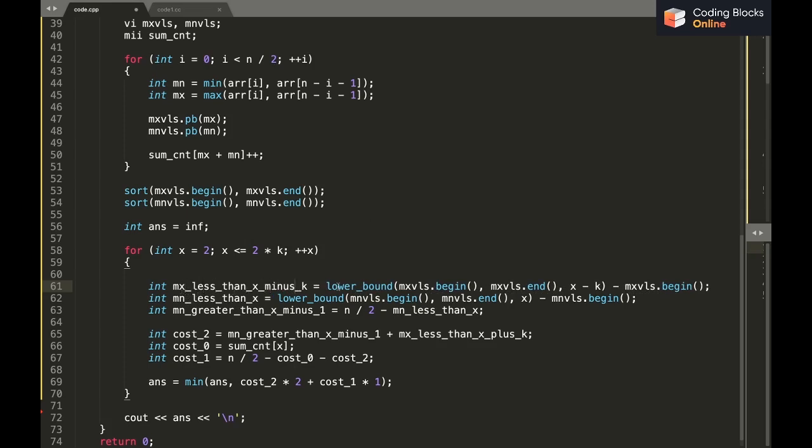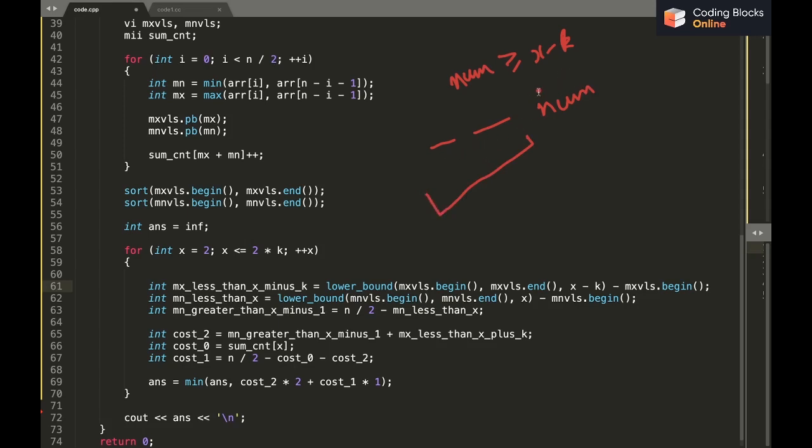To do that, I'll just say lower bound in the mx values of x minus k minus mx values dot begin. So this lower bound will basically give me the first number such that num is greater than or equal to x minus k. So all of the numbers, let's say this is the array, all of the numbers behind it are going to be less than x minus k.